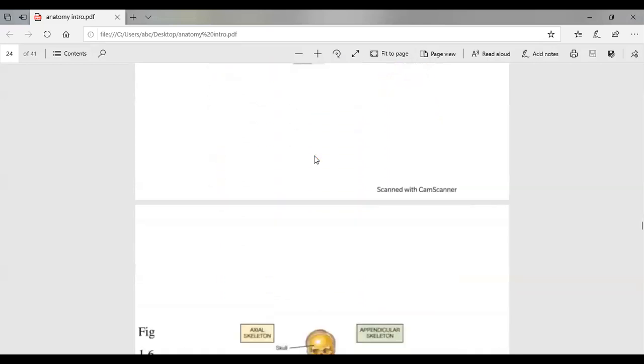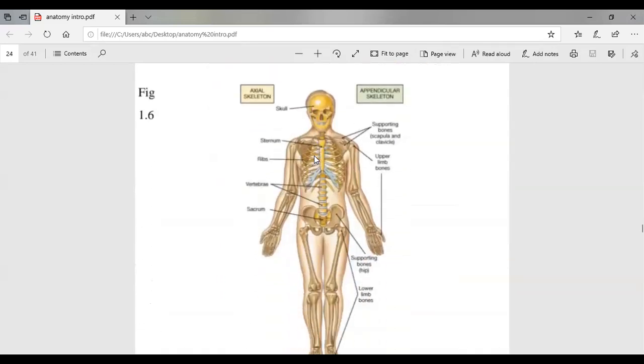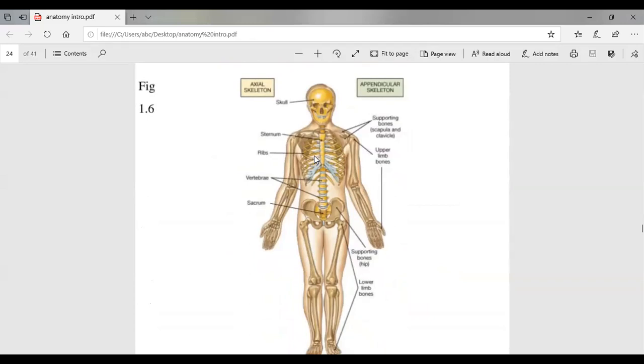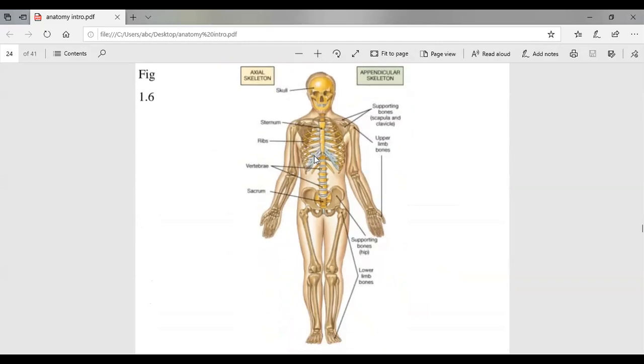The next organ system, this one is the skeletal system. You can see very nicely, if we had a black and white diagram of it, it would be the X-ray of the entire body. So we have removed all the organs and we have shown only the bones of the body. So basically, the skeletal system is the collection of all the bones of the body, right? And you see the head has its own bones. It is called the skull.